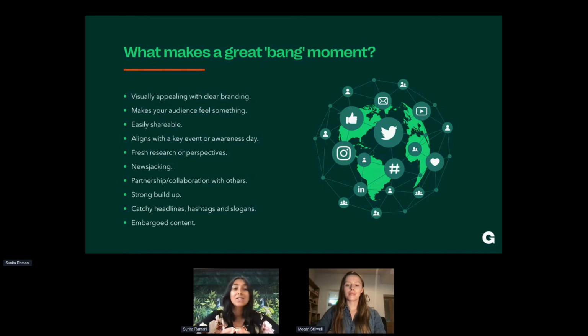So the first one is visually appealing with clear branding. Now, this is something that's really straightforward, especially when we think of social media, but particularly the clear branding part is something that we sometimes forget: to make sure that our branding and visual identity is really aligned across all aspects of our campaigns. So that means any different social channels that we're using, all the assets that we're creating for social media, making sure that everything is consistent, but also visually attractive with maybe bright colors or designs that are really attention grabbing and will cut through some of that noise on social media,